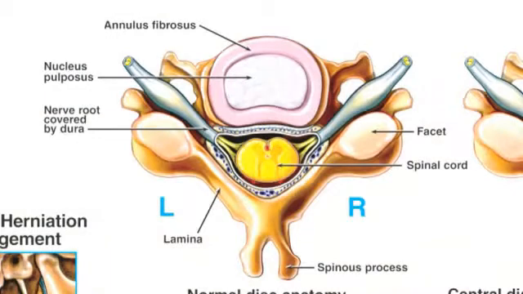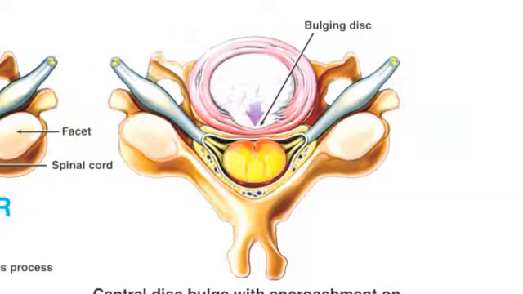In the first image, we can see the disc in pink and white and the spinal cord in yellow, and then the surrounding structures are the bones. And this is looking down on the disc. Now the second image shows the same view. However, we can see the disc has actually been injured. And this is what's called a bulge. A bulge occurs when the outer fibrous layer becomes weakened, allowing the inner jelly-like layer to push out against it and deform it. This can cause pressure against the spinal cord itself or one of the nerves exiting off the